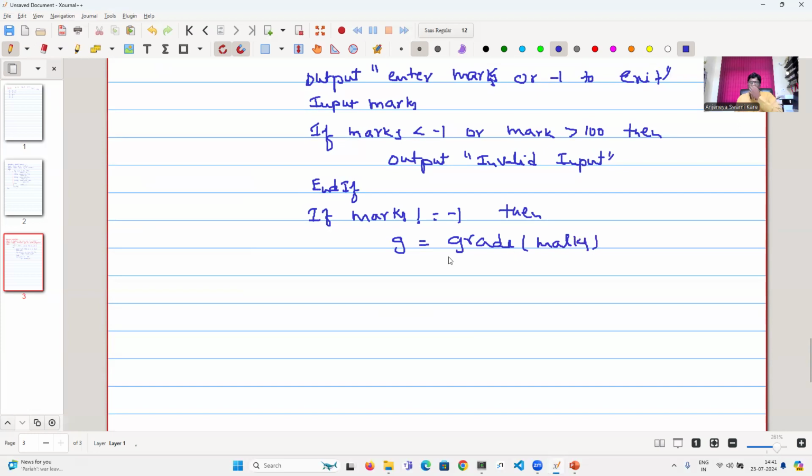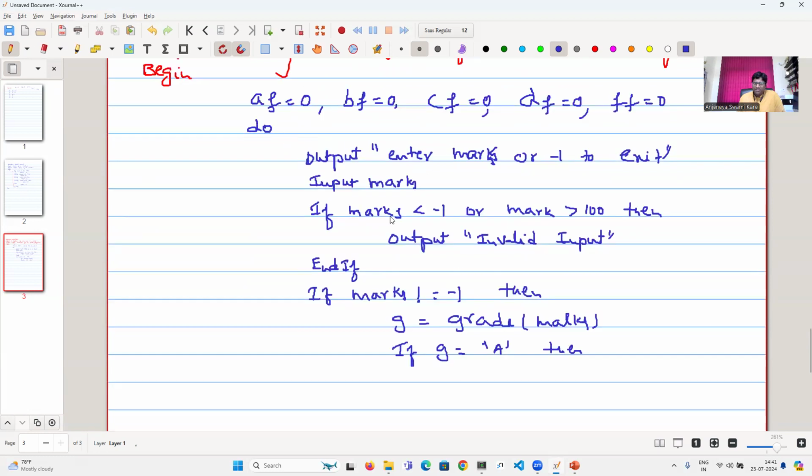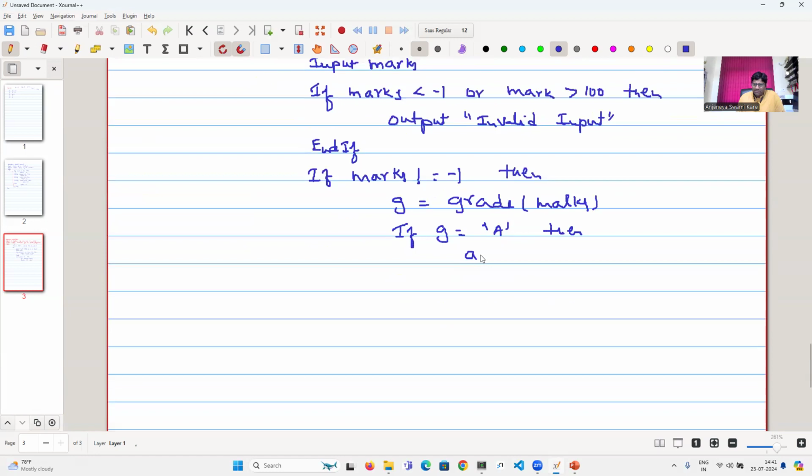Okay, these marks are computed. These marks are passed to this grade function and it returns a grade value, a grade character: A, B, C, D, F. So how do you compute it? If G equal to A, then what does it mean? Grade is A, right? So the frequency of A should be updated. A frequency should be incremented. A frequency plus. Else